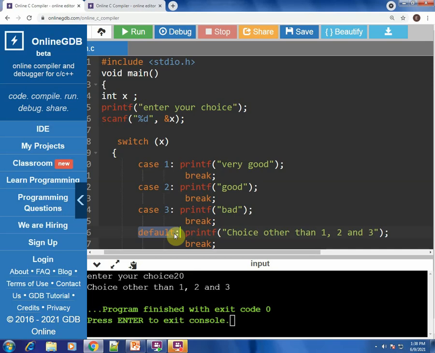In that situation, the default case will be used. But if you don't write a default case, the program is not wrong or incorrect. Okay, so this was it about switch statements in C, which are also decision making statements in the language C.